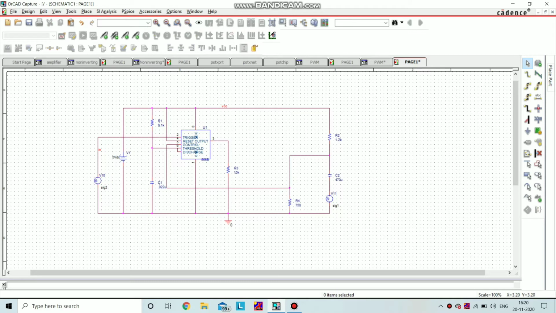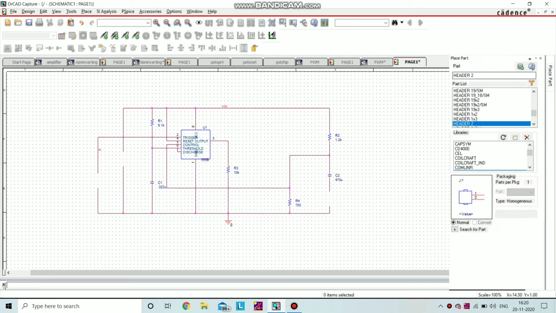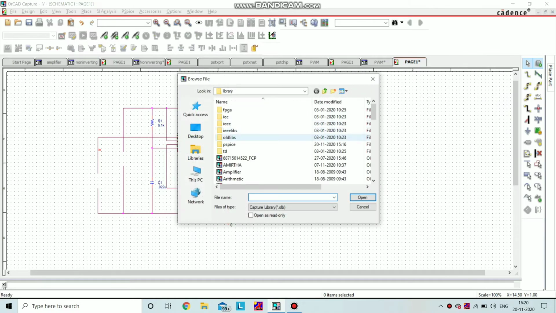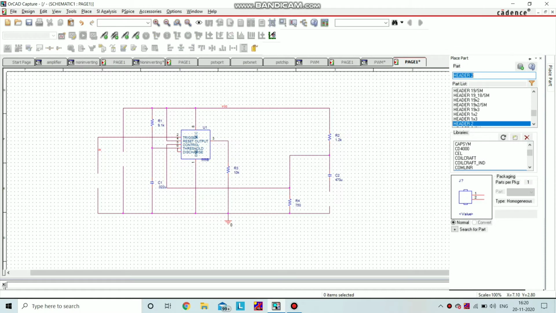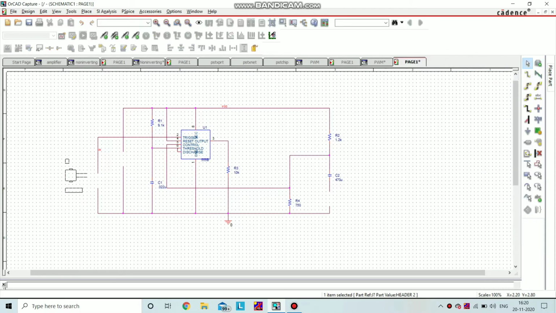So now you're watching a double layer PCB design using SMD components. This is the schematic circuit. I am removing the power sources. After removing the power sources, I'm going to connect the connectors from the connector library. Go to the connector library and take the header 2. This is a 2-pin connector. Now I am placing the 2-pin connectors for the source.